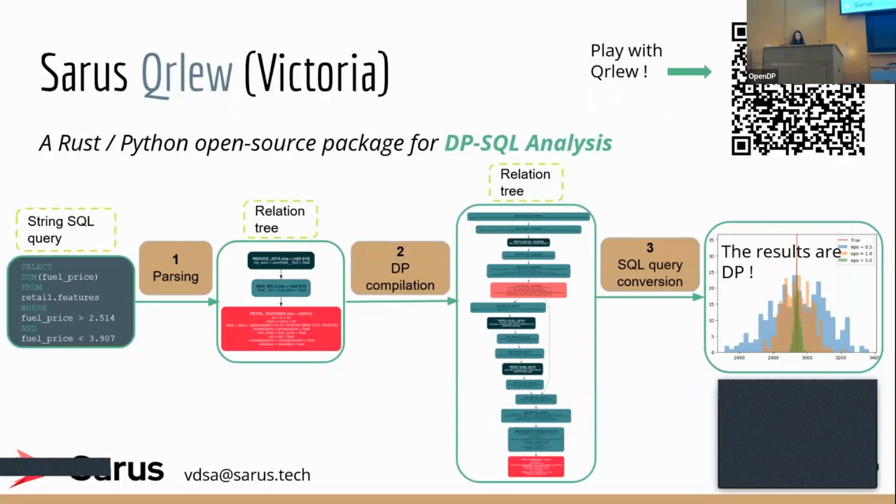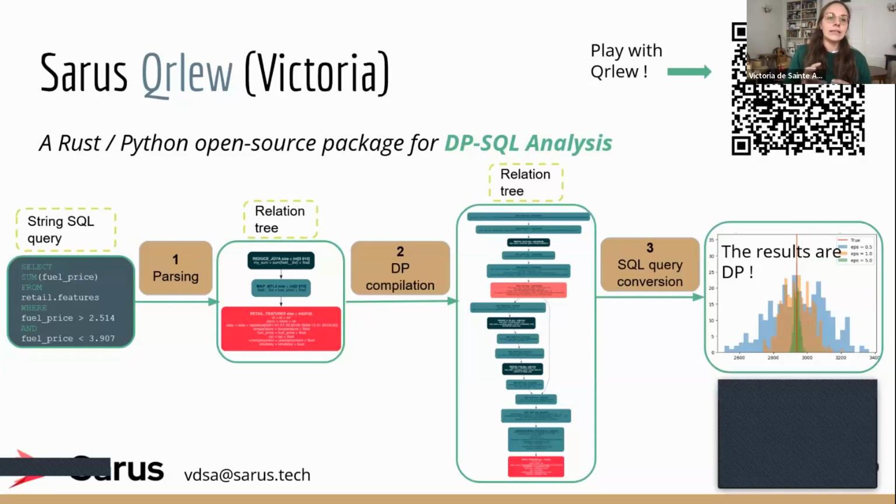Qrlew enables anyone to produce the differentially private version of an SQL query. And the result of that query is differentially private, of course. And the user can take this query and send it to a database and be confident of the privacy of the result. So the core of this task lies in taking an SQL query, transforming it into an abstract syntactic tree,